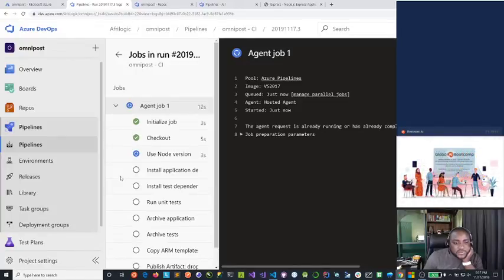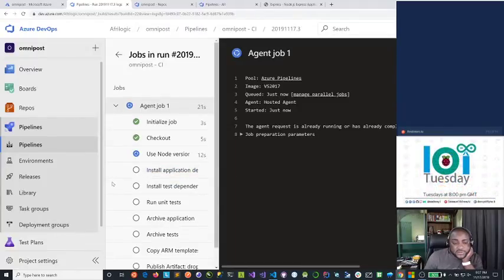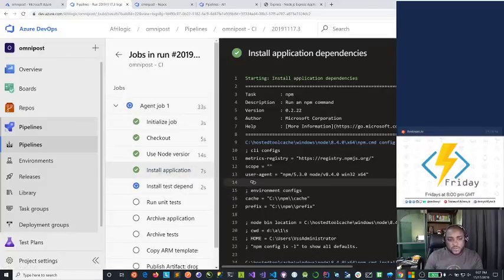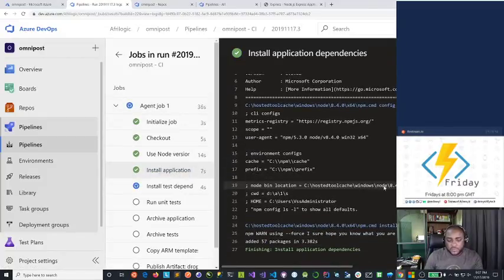We'll get to know if it picked the correct folder when it gets to install the application dependencies, because that's where we've told it to pick from. So node version is fine. Here, installing, this shouldn't take long because it's just one module, unless of course it can see, well, if it picked it, as you can see, pick from, yep,